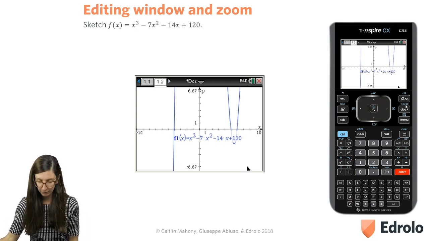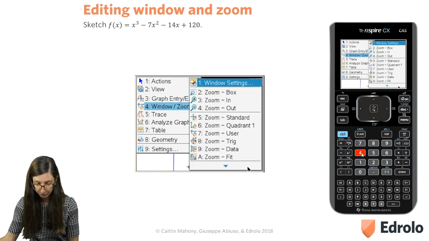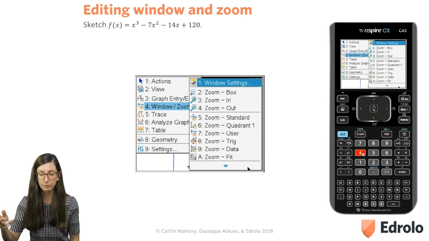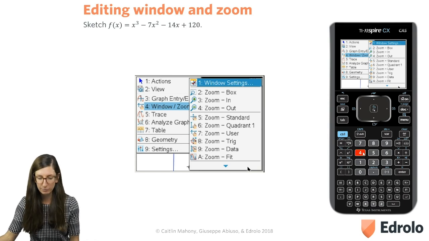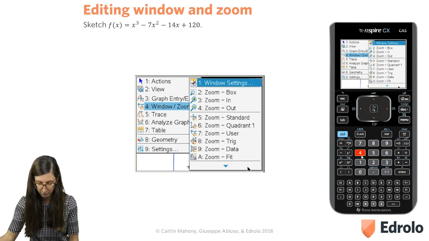So to do that, we go Menu, we go Window/Zoom, press number 4. Okay, we can zoom in, we can zoom out, or we can set the window settings. I'll show you just some zooming in and some zooming out first. This is actually the second option. I would probably prefer you to use the window settings, but I'll just show you what happens when we zoom out and play around with this as well. As I said, the more you play with the calculator, the more familiar you get, the quicker you get, it's all good. So if we zoom out, number 4,